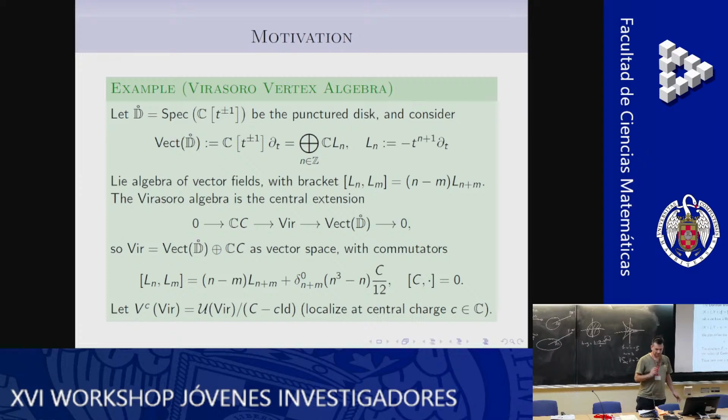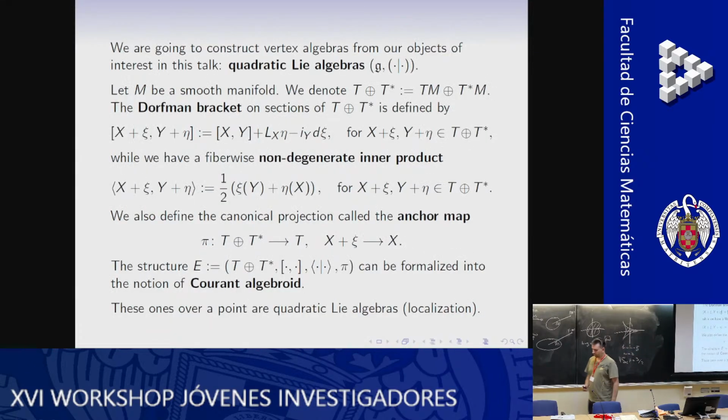Entonces, para el resto de ejemplos, voy a usar un tipo concreto de álgebras de Lie, que son las álgebras de Lie cuadráticas, que tienen un significado geométrico, porque pueden entenderse como la abstracción de los algebroides de Courant, y los algebroides de Courant son los objetos con los que se trabaja en geometría generalizada. Y estos vienen de formalizar este tipo de estructuras.